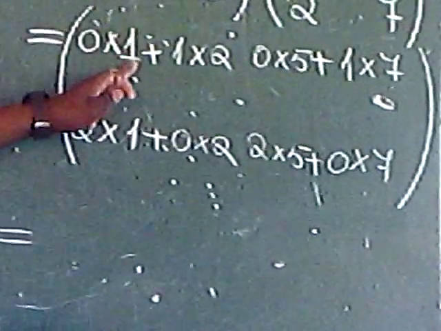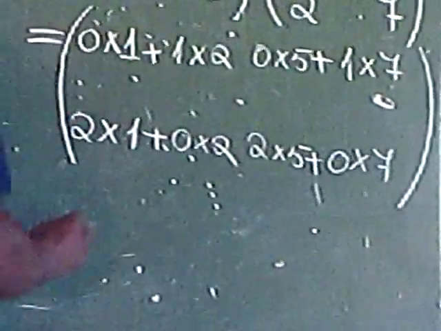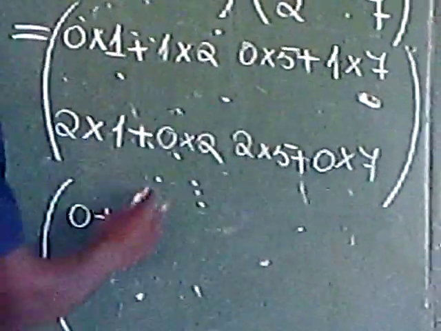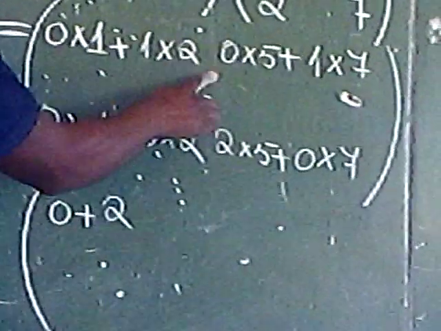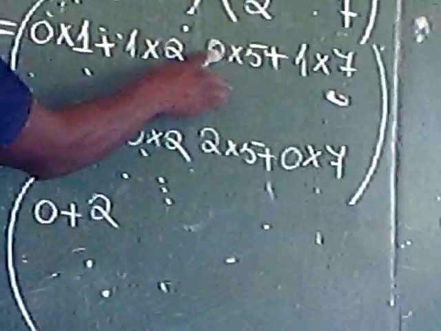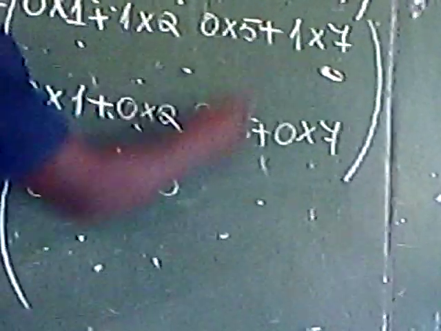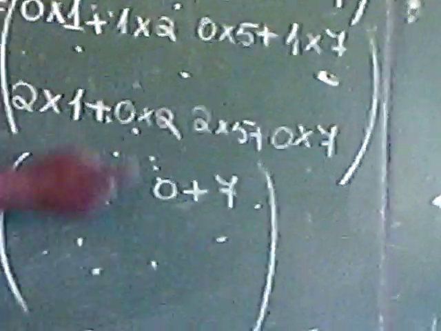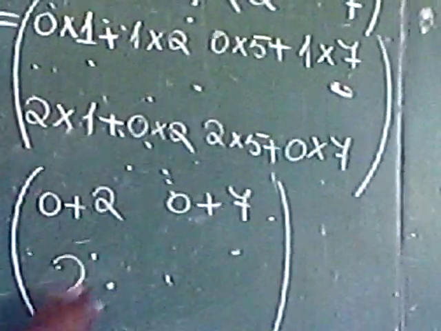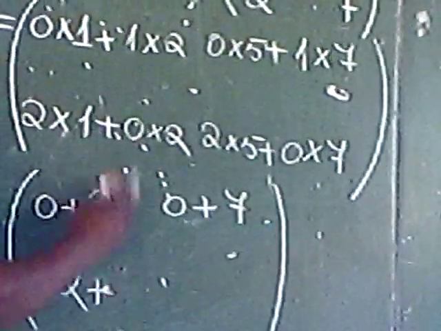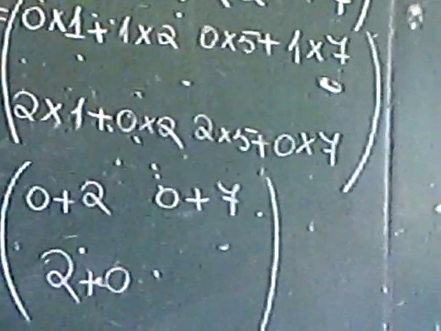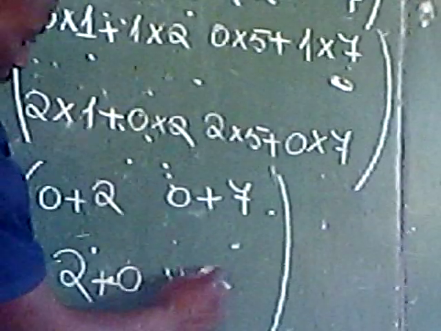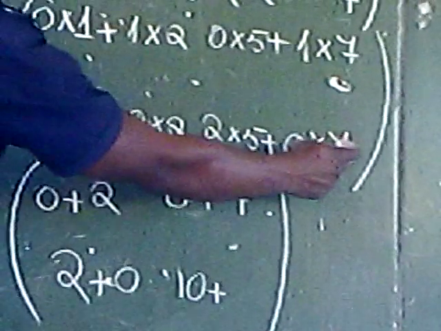0 times 1 is 0, so write the 0 here. Plus 1 times 2, that's a 2. We leave a gap. 0 times 5, that's a 0. Plus 1 times 7, that's a 7. We close. We come to this one. 2 times 1, that's a 2. Plus 0 times 2, that's a 0. We leave a gap. 2 times 5, that's a 10. Plus 0 times 7,